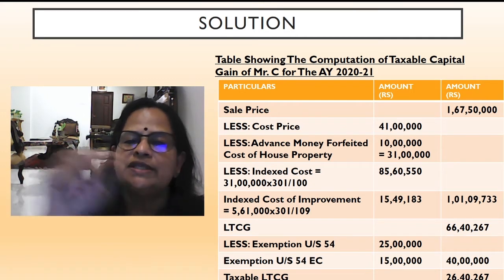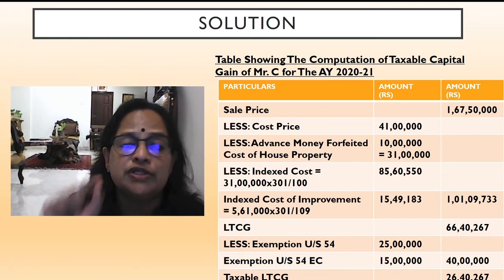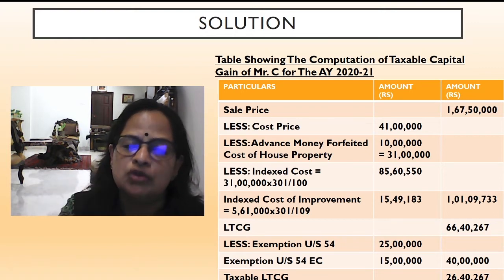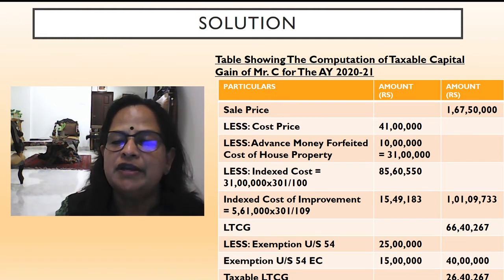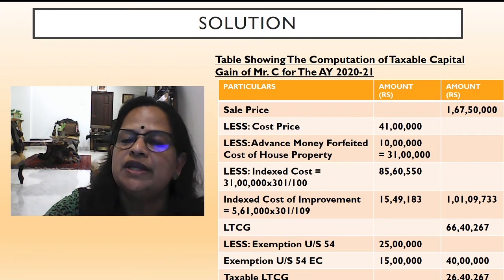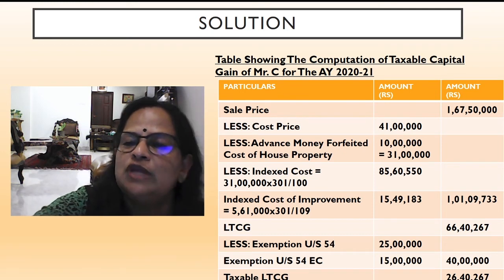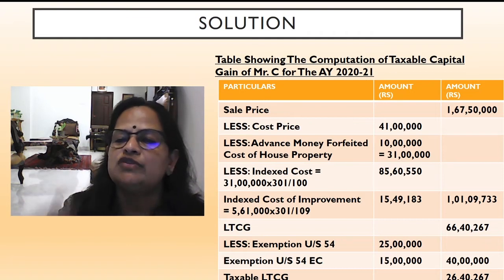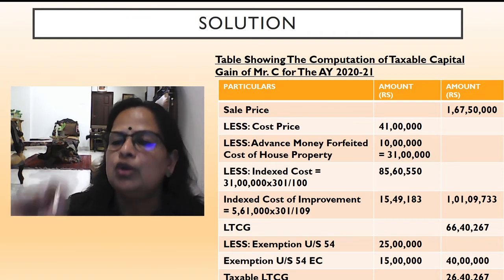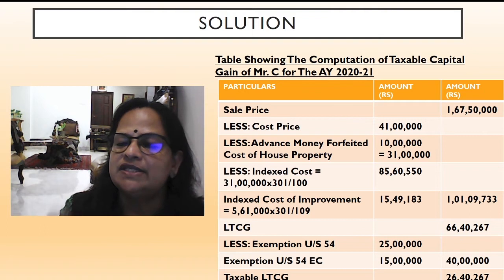Now index cost is 31 lakhs into 301 divided by 100, which is 93,31,000. Now index cost of improvement, the improvement in 2003-4 to this house, 5,61,000 into 301 divided by 109, is 15,49,183. From the sale price, when you reduce both these values together, 85,60,550 plus 15,49,183, you will get 1 crore 1,09,733. Now LTCG is 66 lakhs